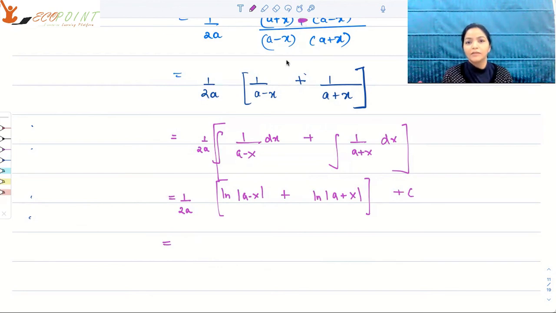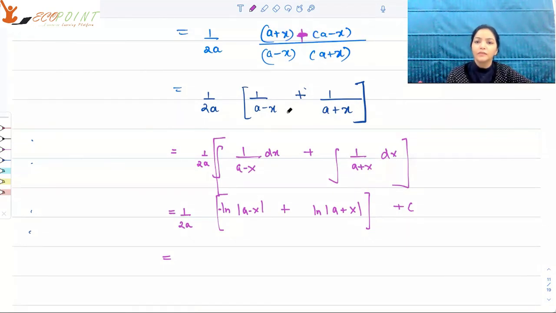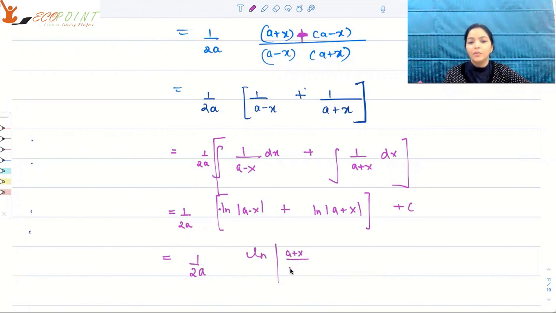Since you have a minus x, so you have minus with x, so you'll have a minus sign here. So this will become 1 upon 2a, and this time in the denominator you will have a minus x, so it's going to be log a plus x upon a minus x plus c. So this is what